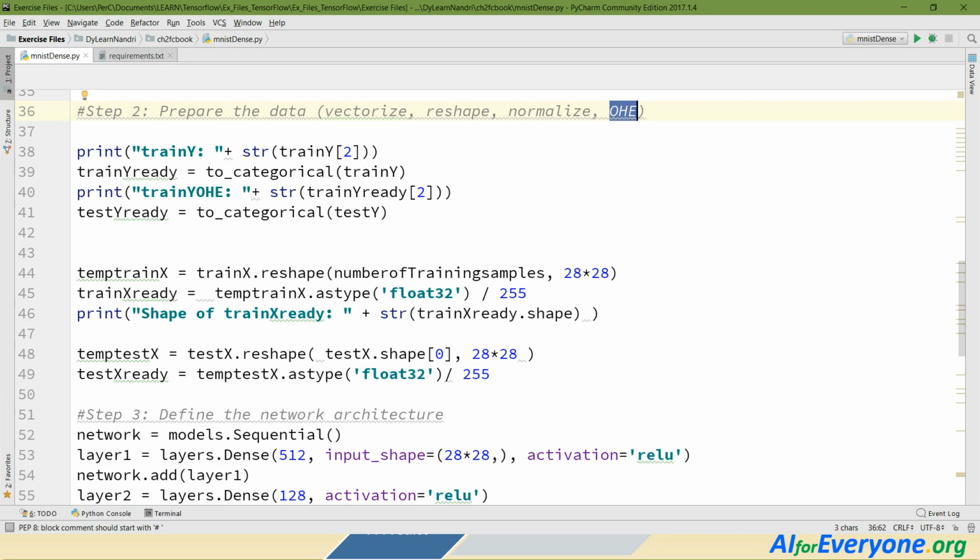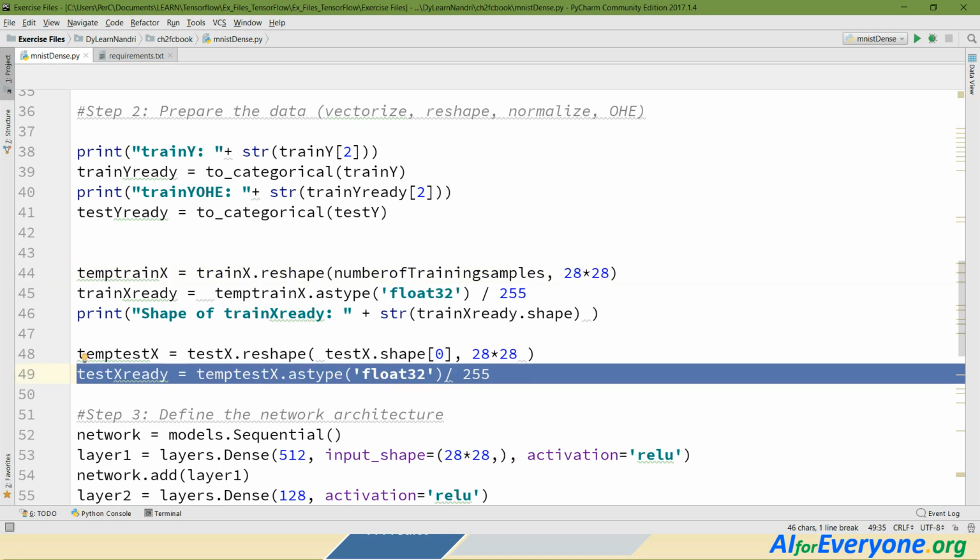So to one hot encode, we use the to_categorical function, and then we reshape the input vector as 28 by 28, and then convert into values between zeros and ones for normalization.